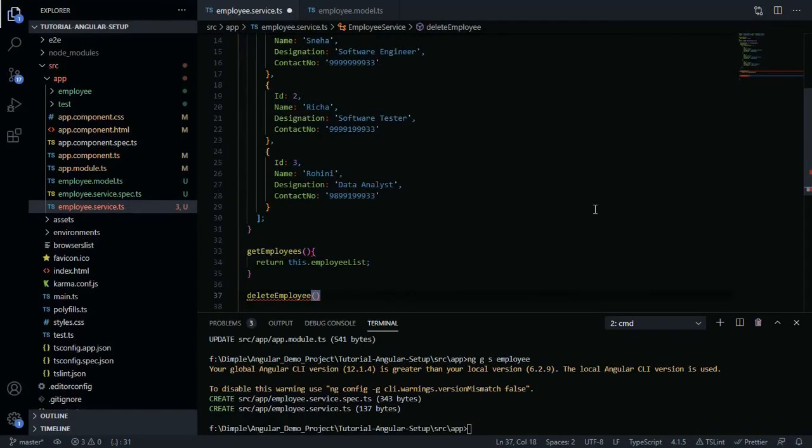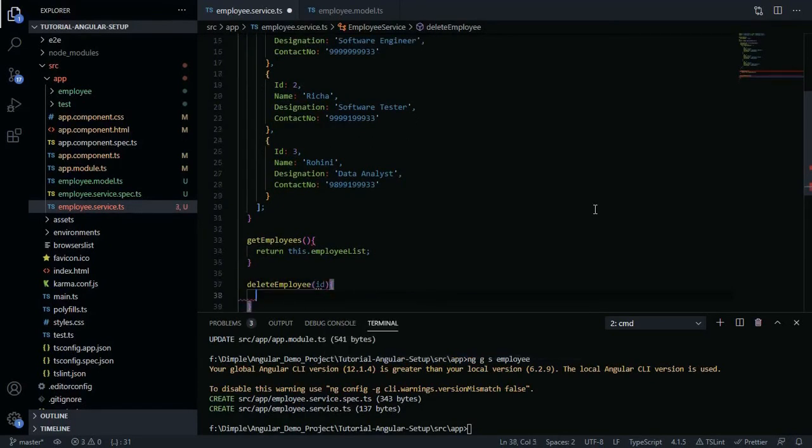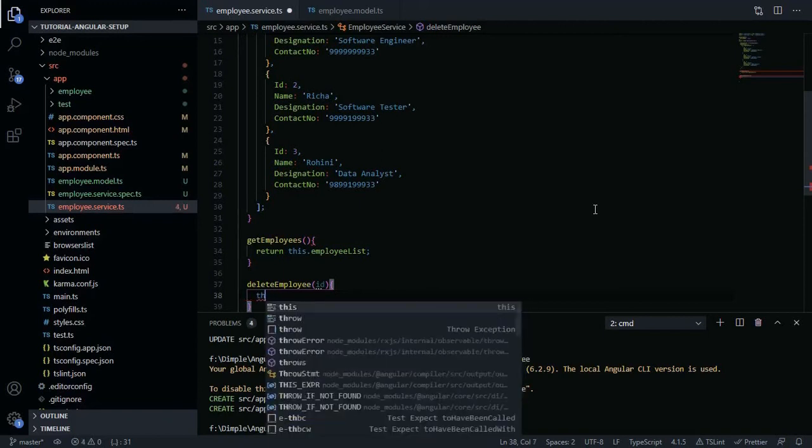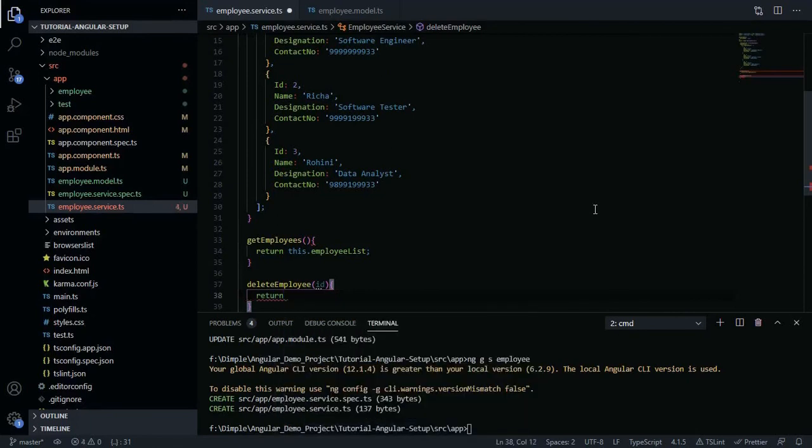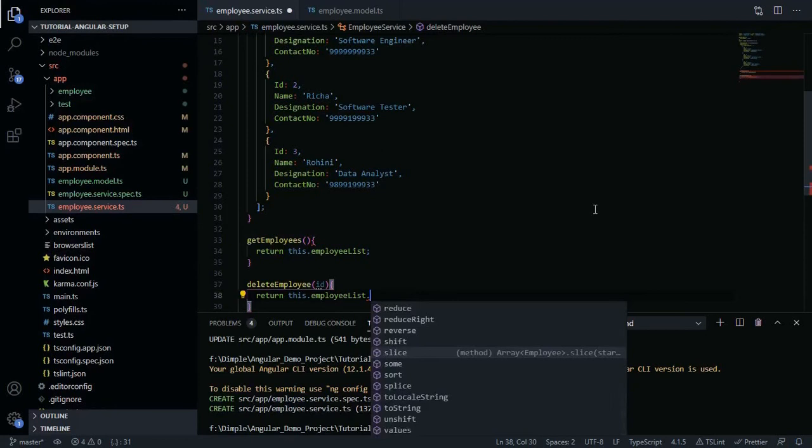Here we have to provide the ID, and then we'll do this, return this.employeeList.slice.